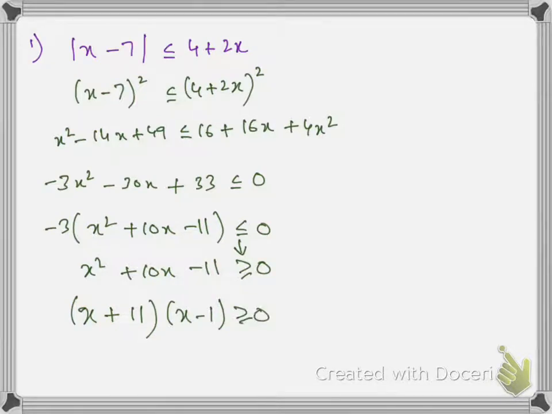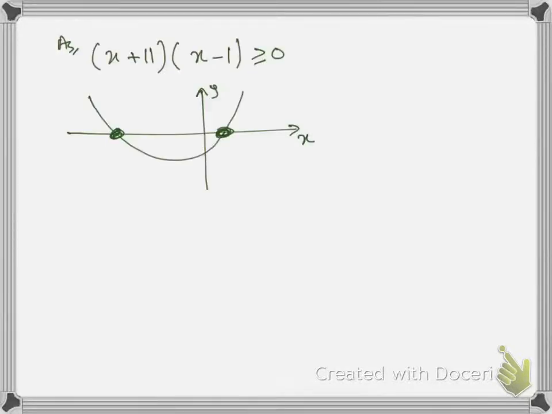To write the solution of this inequality, we have to make a rough sketch, as since we have greater sign in the inequality, so we have to shade this side of the curve and this side of the curve. In fact, the part of the curve which is above the x-axis. Now according to this sketch, we have this solution.